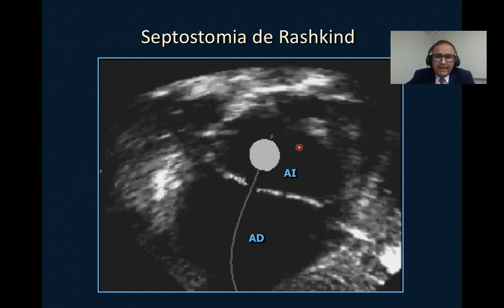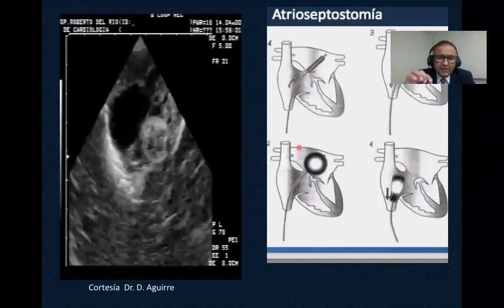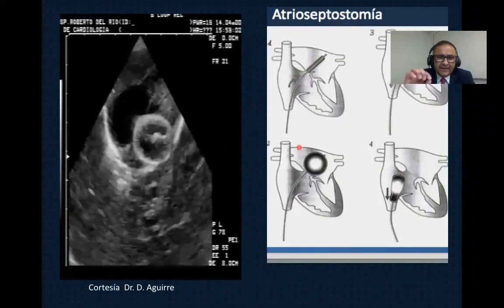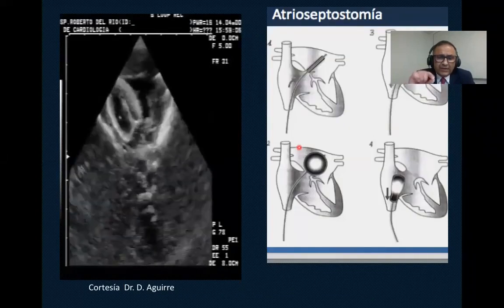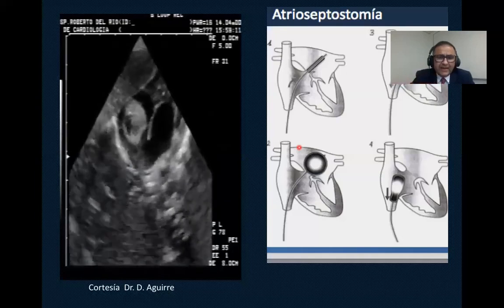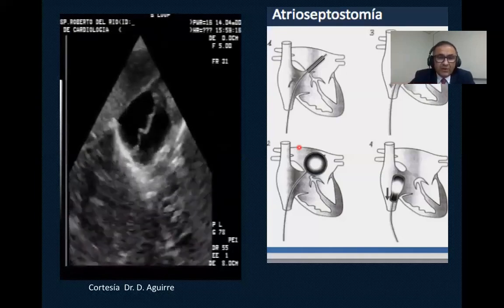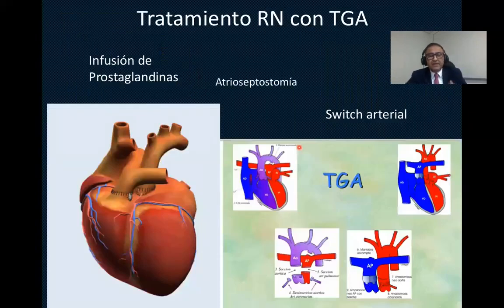So, an atrial septostomy involves placing a balloon through the umbilical cord. It is an emergency. The neonatologist or cardiologist will place a balloon catheter and insert it through the umbilical vein into the inferior vena cava, reaching the right atrium, passing into the left atrium, and from there it will create a perforation or enlarge the foramen ovale, allowing oxygenation to stabilize the baby so that the baby can then proceed